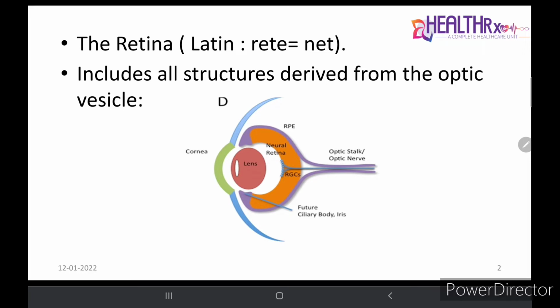The retina is derived from the Latin word rete. Rete in Latin means a net. Now in the most comprehensive sense, retina includes all the structures that are derived from the optic vesicle, namely the sensory layers of the retina, which is the pars optica retinae, the pigmented epithelium of the retina, as well as the epithelial linings of the ciliary body, which is the pars retinae ciliaris, and of the iris, which is the